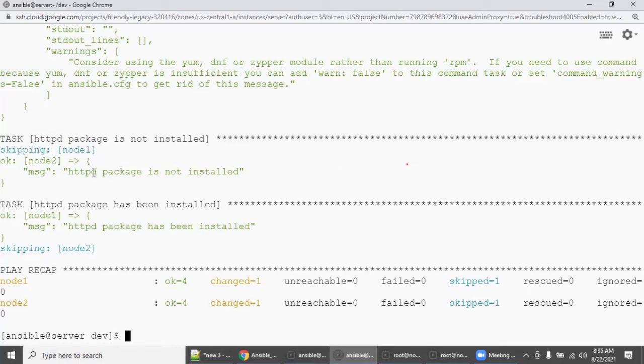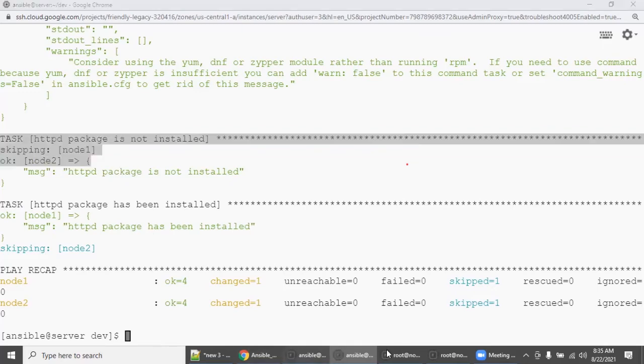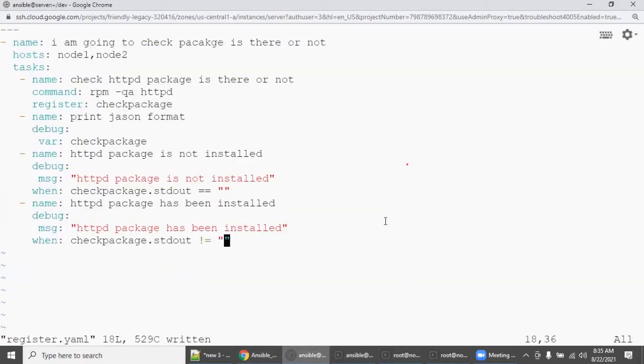Whatever condition is applied, only one machine is satisfying and the other machine is not. This is exactly what you need to do as a first step. So again, I'm repeating, if you are starting Ansible, you first need to decide what the command is for your scenario. Then you capture the register.